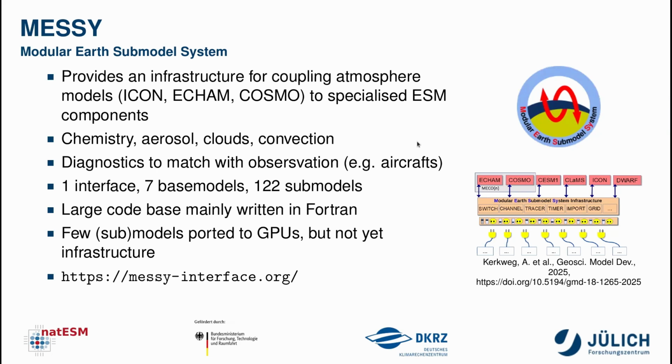And one thing I would like to point out: as a base model, it cannot only use these full-blown atmospheric models, but there's also the option to have a dwarf model, which is very helpful if you want to do technical developments. You do not have to go with a full-blown atmospheric model like ICON with these nearly 800,000 lines of code, but you have this tiny dwarf that just mimics the interface, kind of. MESSy itself also has a large code base, mainly written in Fortran. At the beginning of the natESM project, just a few submodels were ported to GPUs, but not yet the infrastructure. Just think about coupling ICON atmosphere ported to GPUs with a submodel ported to GPUs: you still have the interface on